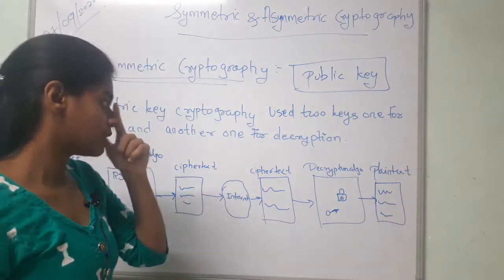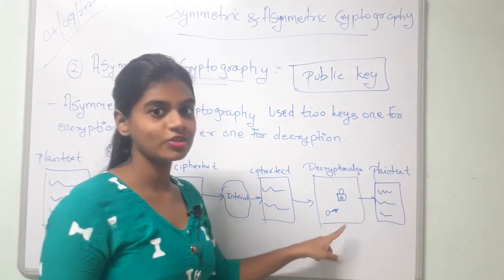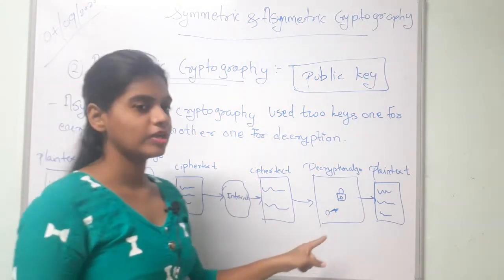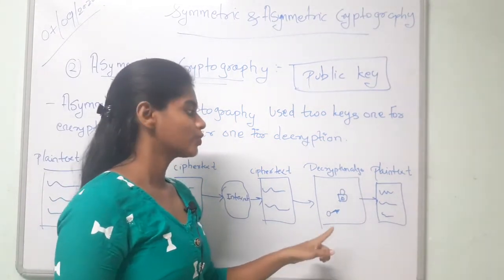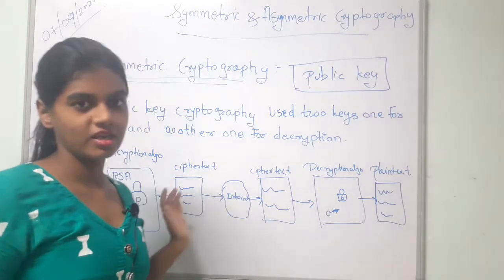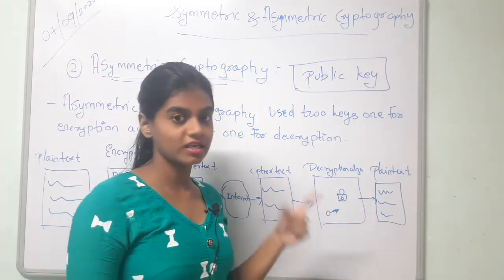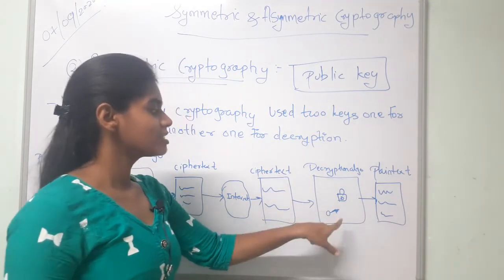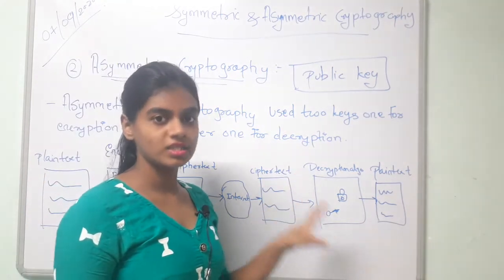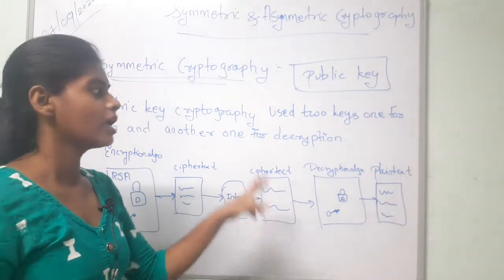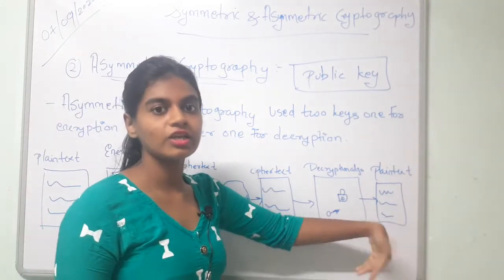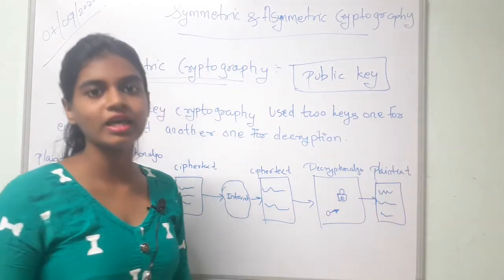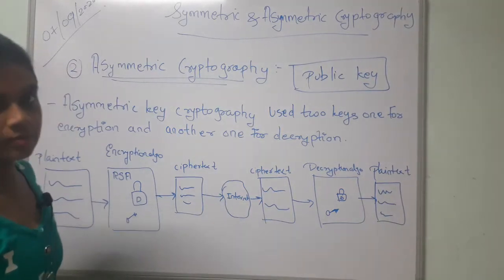But here they use a private key. It doesn't use a public key; here they use the private key of the receiver. So it is a different key, not a single or same key, but a different key. That is why only the receiver can verify this key. This is the private key, and then it goes to the receiver in its original form, that is the plain text. This is how asymmetric cryptography works.